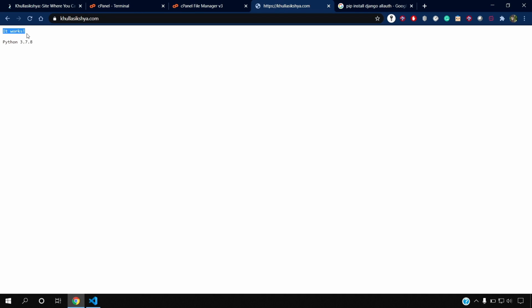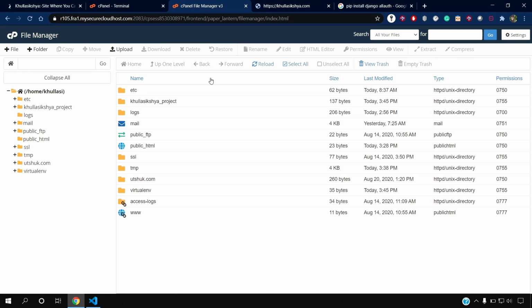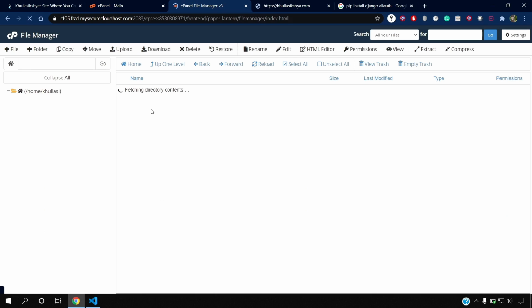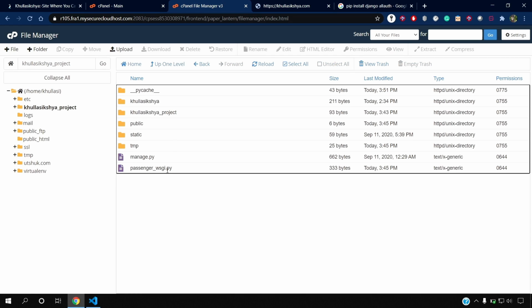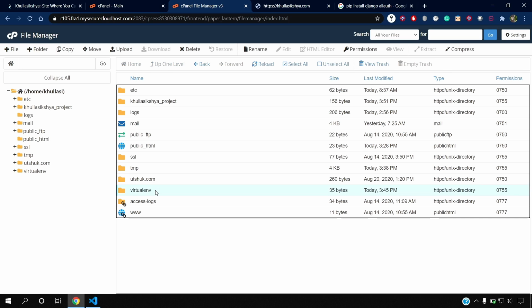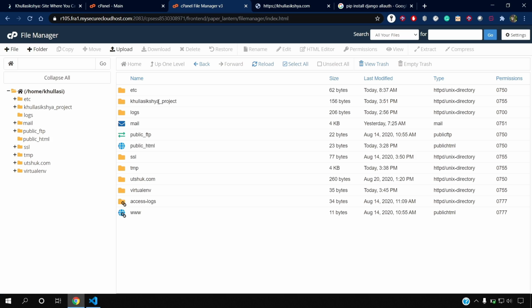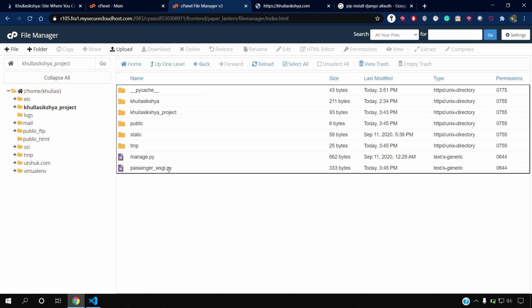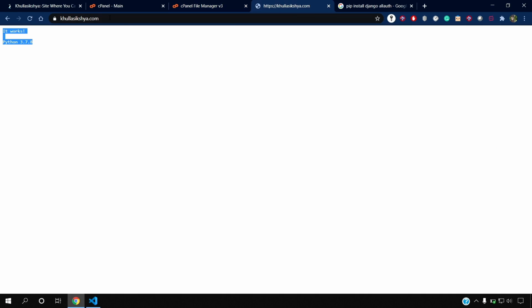It's showing 'It works, Python 3.7.8'. Whenever we create a Python application here, it creates one file in our project, that is passenger_wsgi.py, and it even creates one virtual environment for our project inside this. Now we need to configure this WSGI file, the passenger_wsgi file. Now it's showing 'It works, Python 3.7.8'.